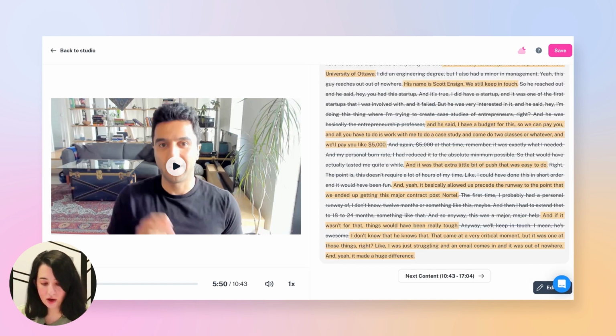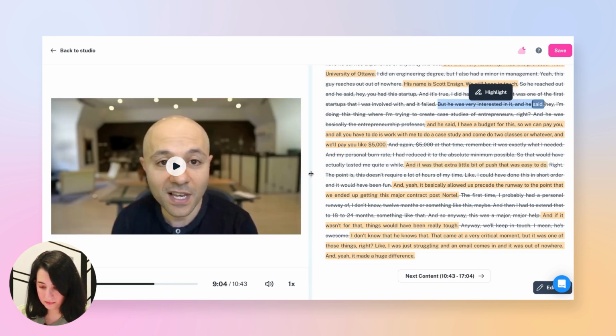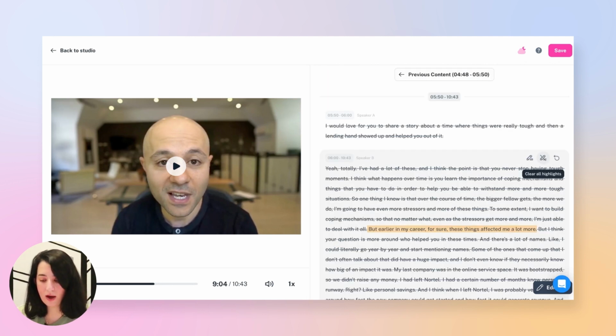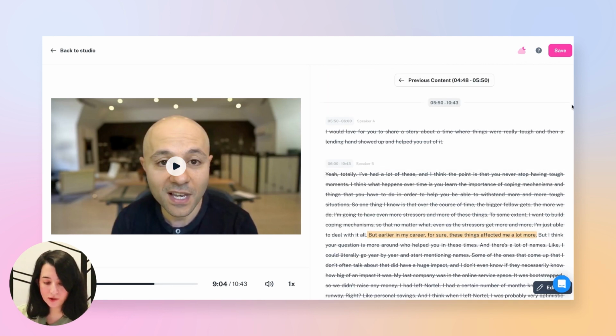Here is a chunk of your content, and the highlighted text are what Flowjin has picked to export. You can either clear a highlighted sentence, highlight a new sentence, or clear a whole highlighted paragraph. You can also expand the transcript by clicking on the buttons to the top and the bottom to highlight more